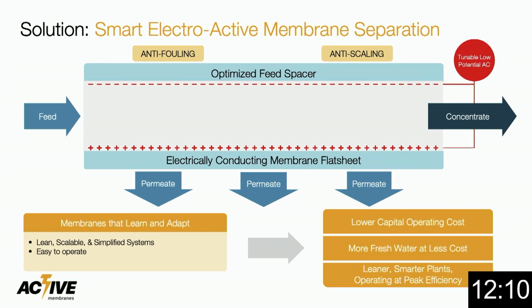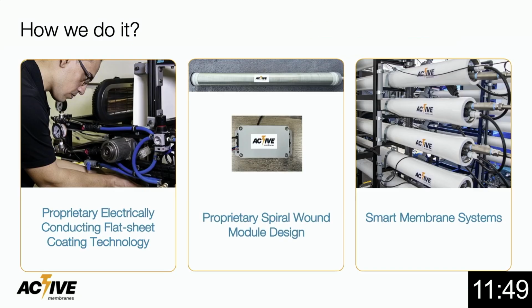Make desalination processes leaner, more scalable, and easy to operate. Feels like an old RO system, but now with a superpower, with the membrane in the driving seat, not the other way around. Our goal is to significantly reduce the capital and operating cost of desalination for challenging applications such as produced water. The way we do it is that we put an electrically conducting flat sheet